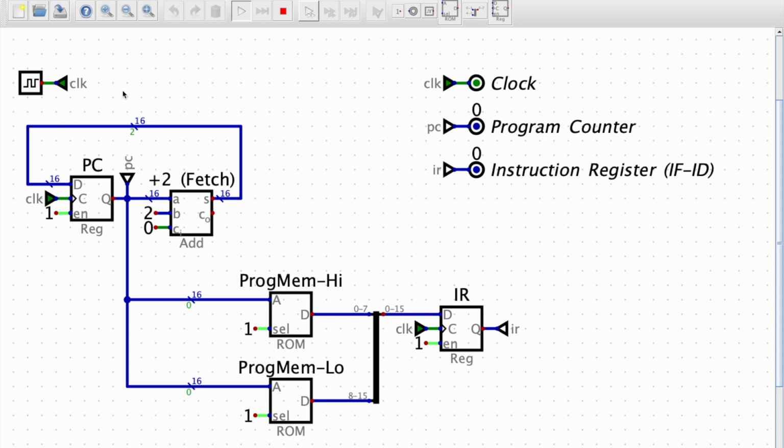But just a quick demonstration. You can see right now the program counter is at 0. I clock it. Program counter is incremented by 2. Clock it again, incremented by 4. And you can see that as I increment the program counter, the value in the instruction register is also increasing. And then I think after the program counter passes F, the instruction register will go to 0. Yep. And that is because if you look at the ROMs here,